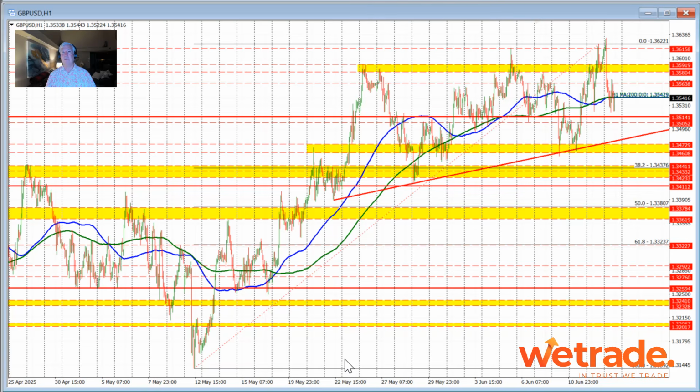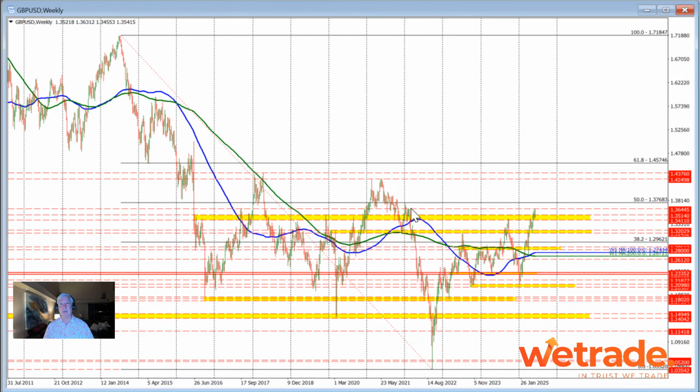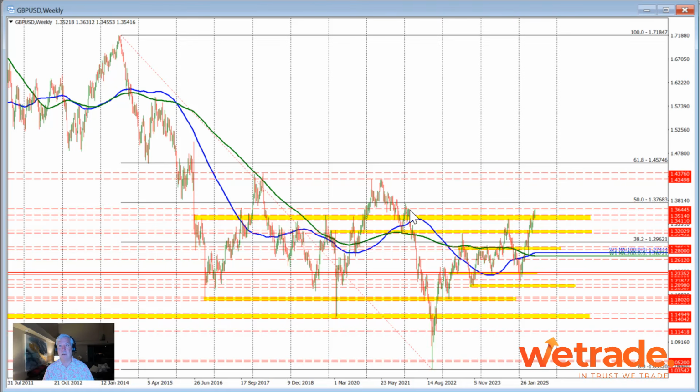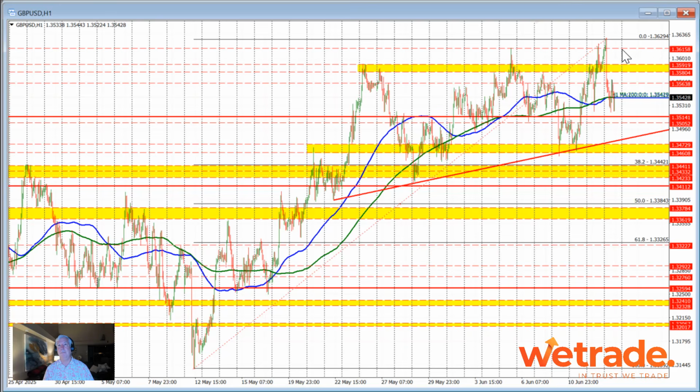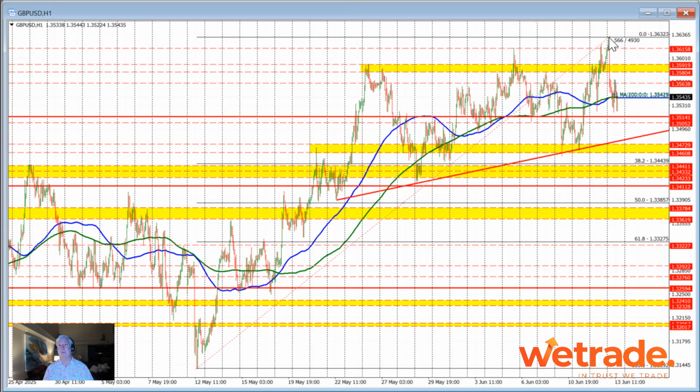Finally, let's take a look at the sterling versus US dollar. This currency pair did make an extension, this is the hourly chart, to new highs for the week, and the highest level going back to the weekly chart, all the way back to this high area at 1.36445. If we go to the hourly chart, the high price that we saw in trading today moved up to 1.3631, so about 14 pips short of that 1.3645 level, before the market started to rotate to the downside off of that